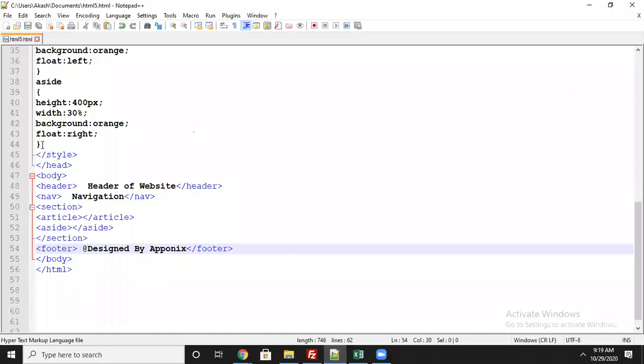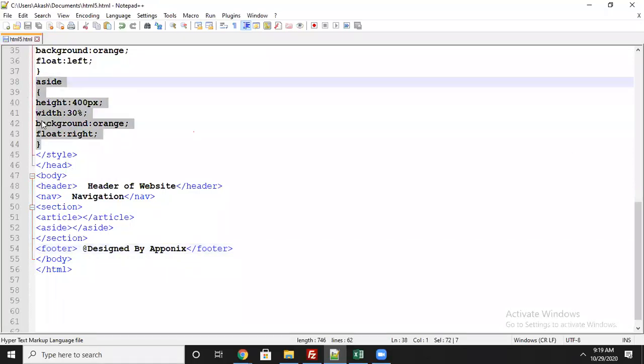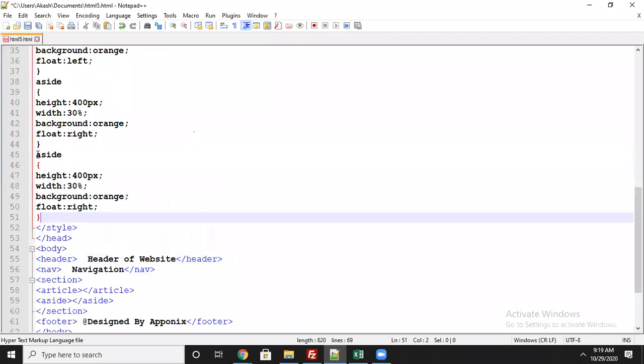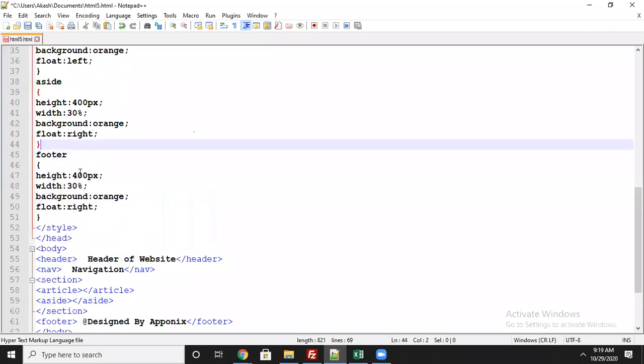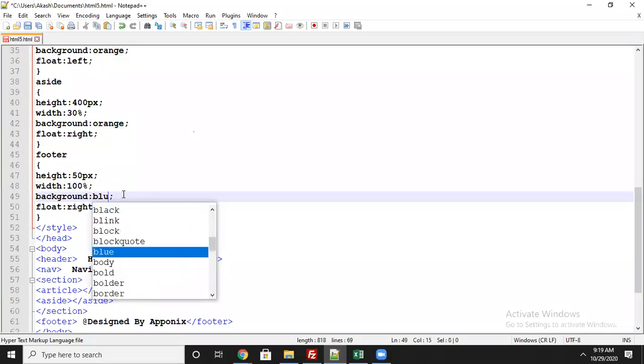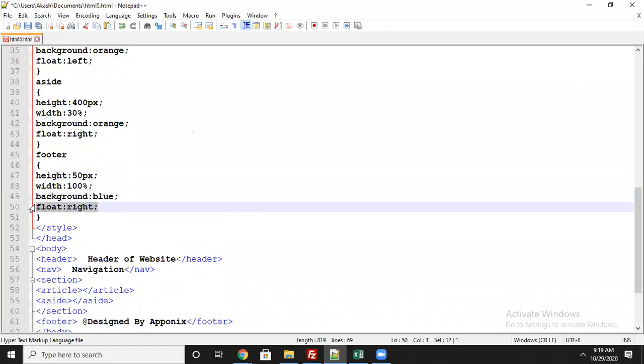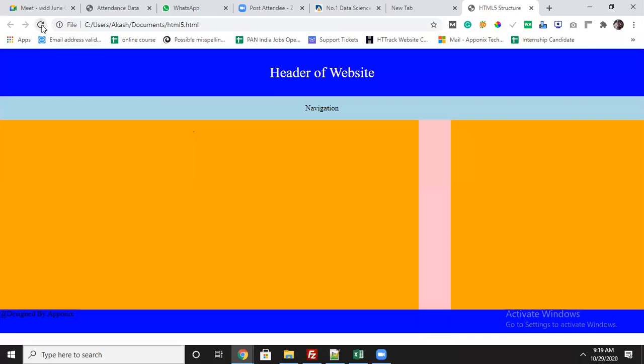Let's see, for the footer also I will write the CSS properties. You can see footer. Height I will use 50, that's enough for me. Width I will make 100 percent. I will take the background blue. Float we don't want. You can see now it's coming down. Now header, navigation, section tag and footer tag all came. Now this footer also I will bring into the center.